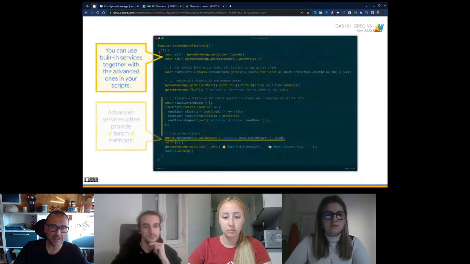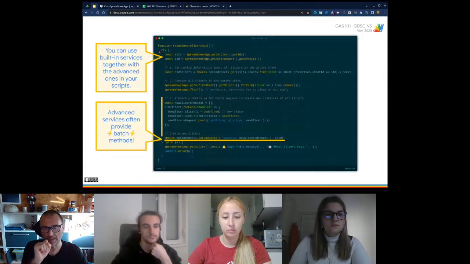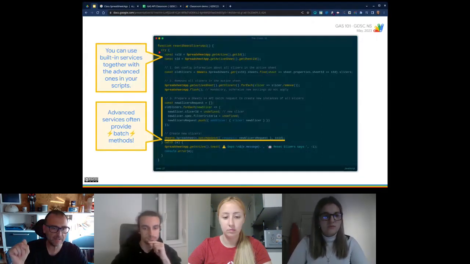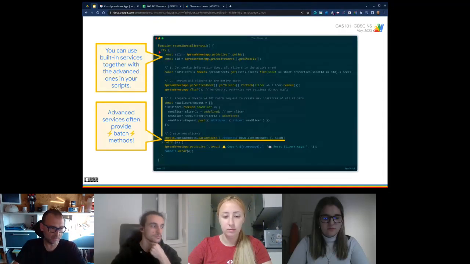Just one important thing about this. When talking about built-in services, advanced services and even APIs, don't think that it's an exclusive choice. I mean, it's not that I am using the standard service, so all my code has to use only that. No, you can mix them together.